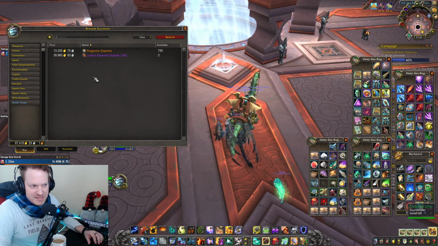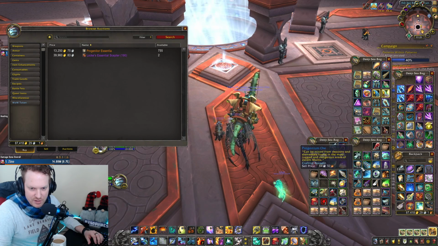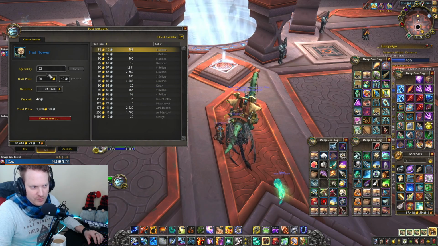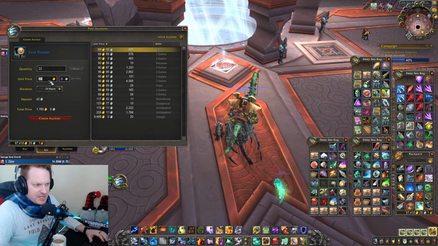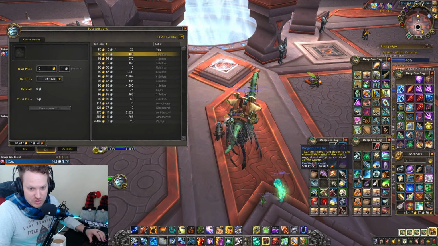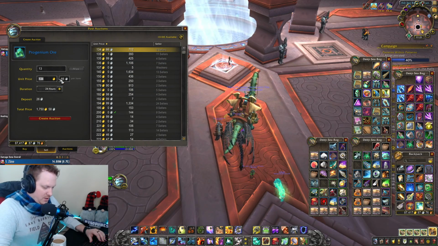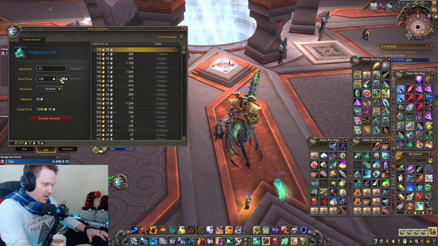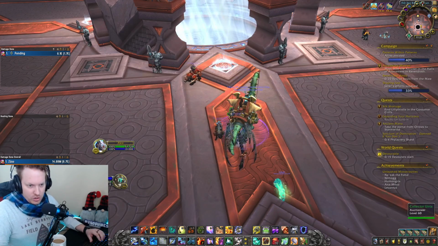Now, let's see if we can sell our stuff, right? So the first flowers are only going for about 89.90. I'm just going to undersell this just for now, just to get my money out of it. But you can get about 80 gold a pop on those on my server, which is really good. Progenium ore has come down a little bit, but it's still really good. 130 per pop. So you can start making a little bit of money this way. But really, you are looking for